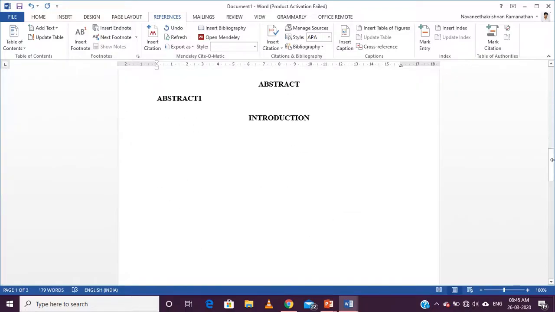So under that, if I am including paper 1, don't include the name as paper 1. You need to include the titles according to the format.